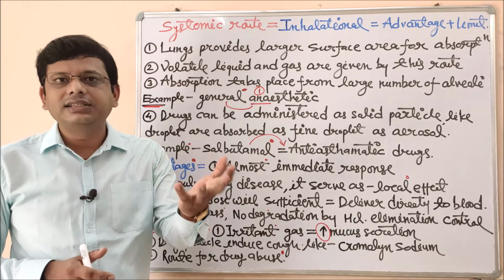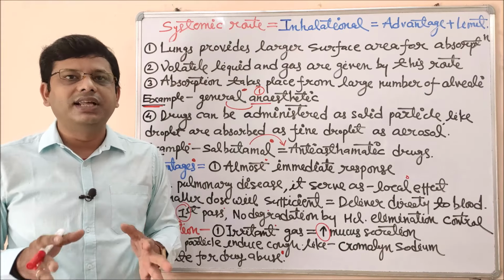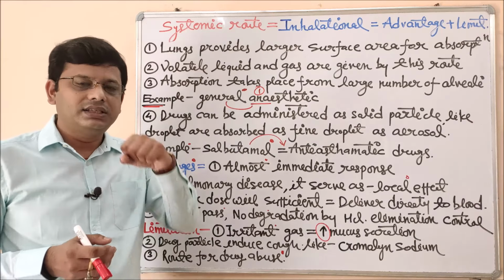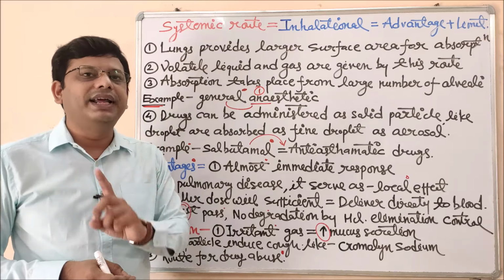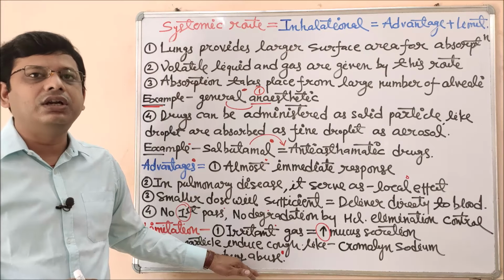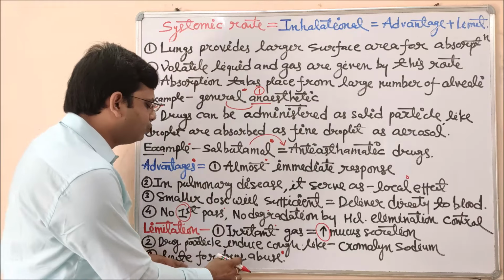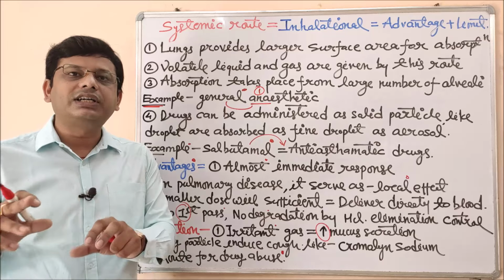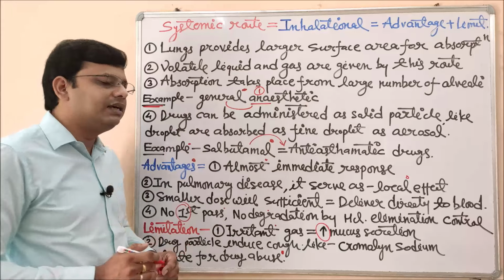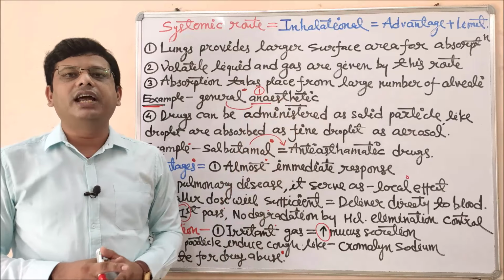Like smoking, and in some cases of drugs, you have seen in so many videos nowadays that if a person wants to take drugs, that are drugs, not medicines, abusable drugs I would say, those drugs are taken by this nasal route of drug administration, and that should not take place. I am giving this example. So this is a limitation of this route because of a few people only. Just because of these anti-social persons, this route has been converted into the most favorable abusable route. So friends, these were some basic points regarding inhalation along with the nasal route of drug administration. We have seen their advantages and their limitations.